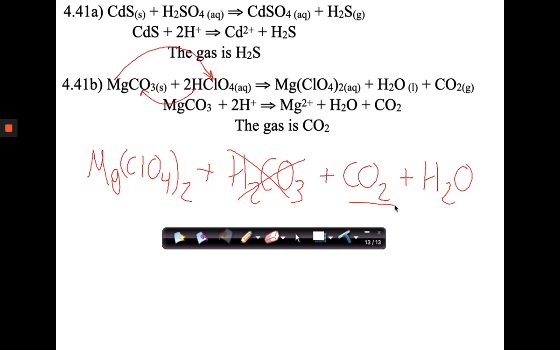And this is where our gas comes from. So now we've got our salt, our gas, and our water, and that's these. The only difference is that the ClO4 is actually a spectator, so it goes away. But when you see carbonate, you're always thinking there's got to be carbon dioxide and water because the acid and